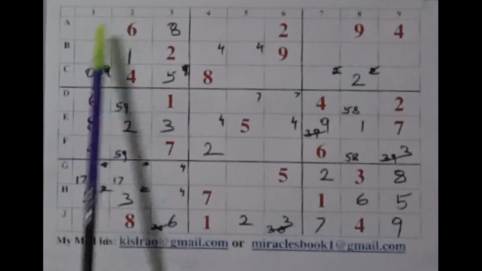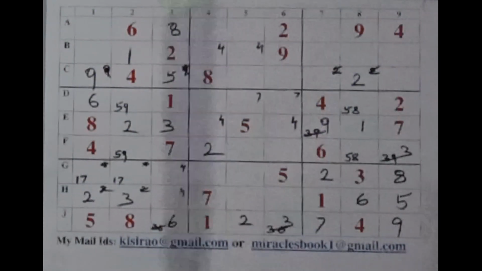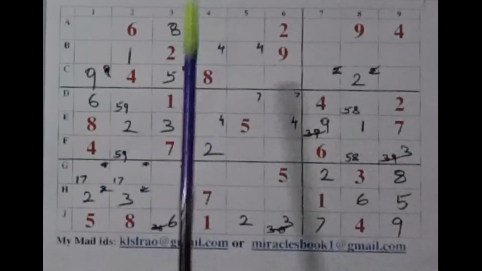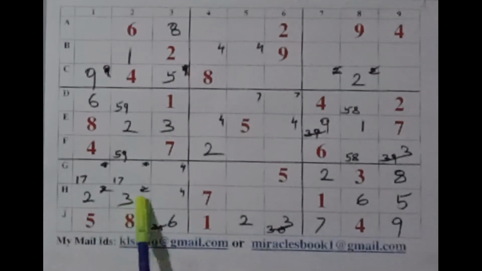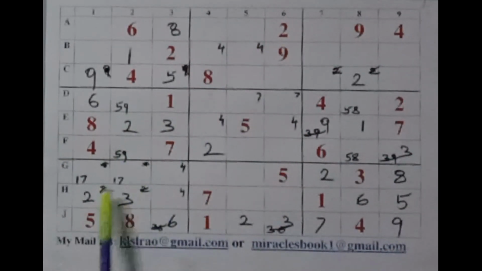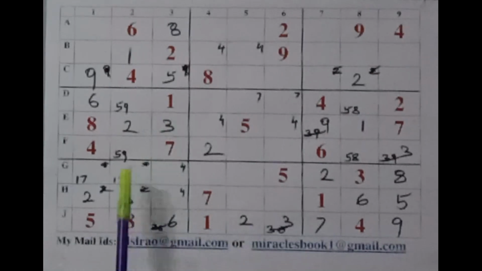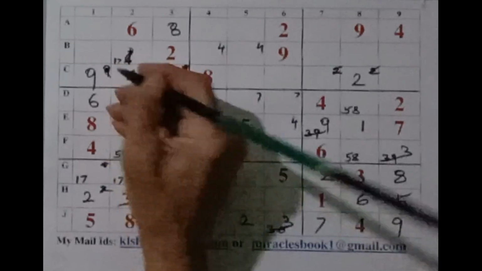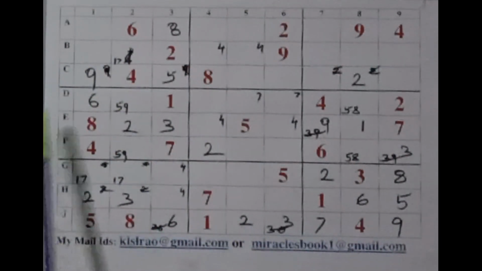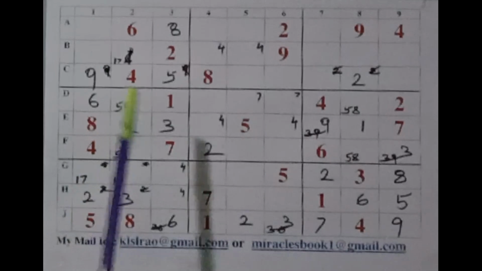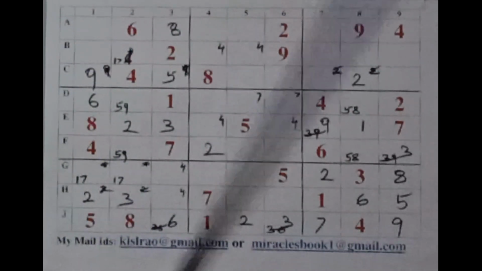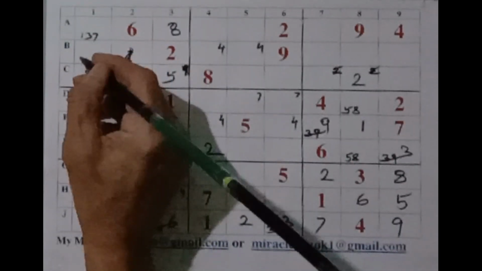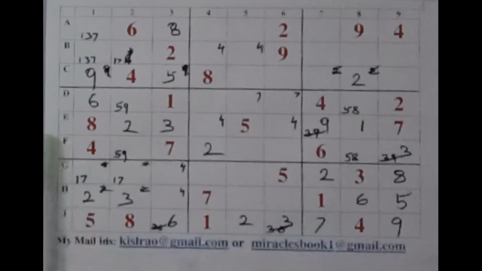See, these 3 cells require 1, 3 and no, I'm making a mistake. 1, 3 and 7. Okay. So 3 here and no. This is for 1 and 7. I'm sorry. I'm a bit in a hurry. Okay. That's 1 and 7. So these 2 places are for 1, 3, 7. Let us mark them. 1, 3, 7. 1, 3 and 7. Okay. And now